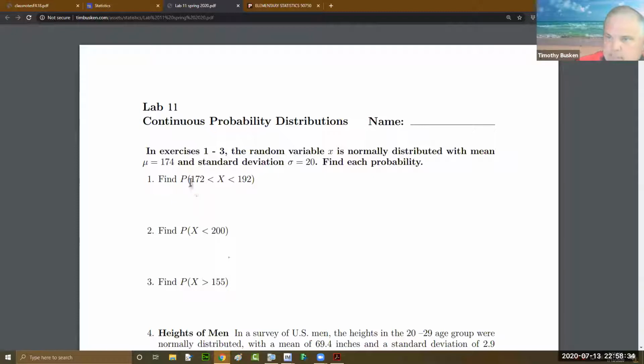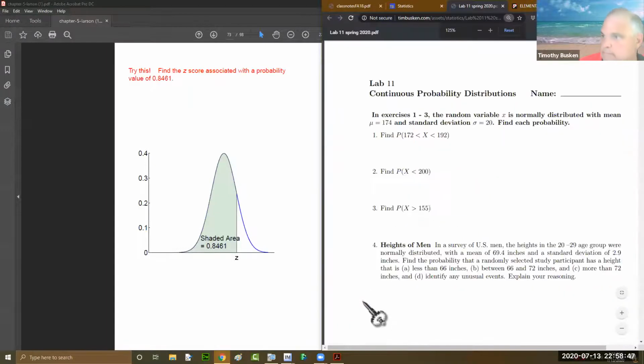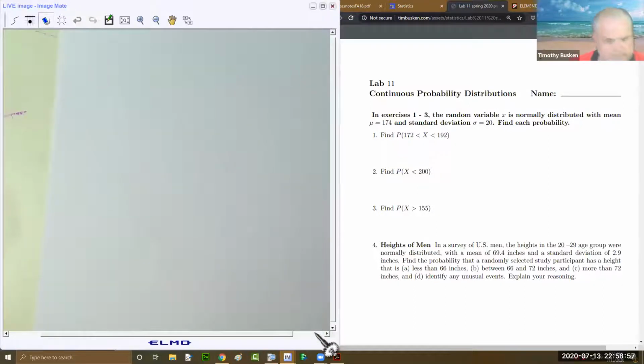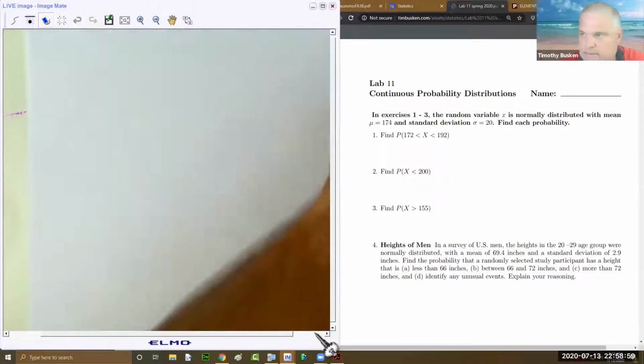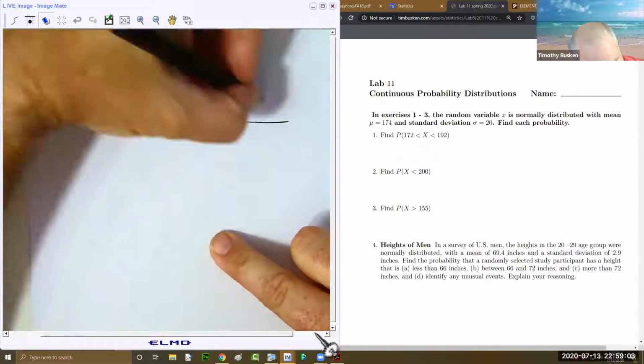So take a look at the wording up here. In exercises 1 through 3, the random variable x is normally distributed. Mean mu is 174 and standard deviation is 20. So in question 1, they want us to find the probability that x is between 172 and 192. So first thing I would do is just draw a picture of the normally distributed variable x,